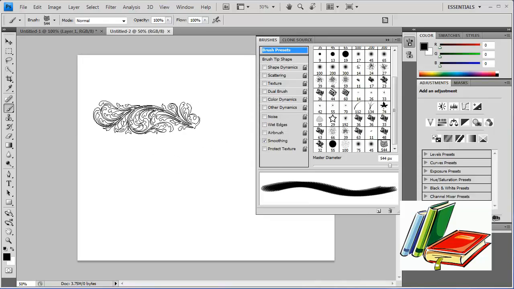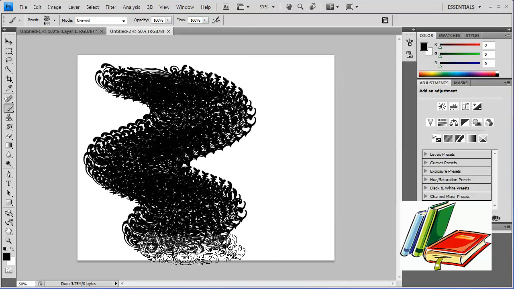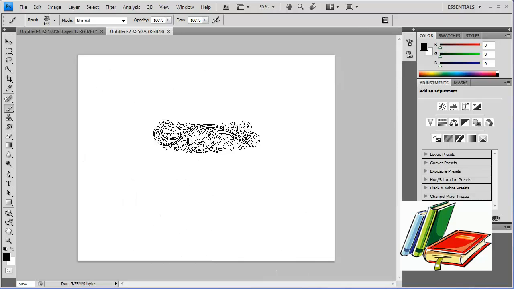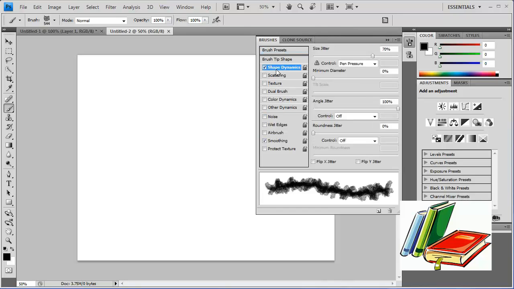Now I want to show you what happens if you just take the brush object as it is. If I just paint, you get this really ugly result, everything's the same size all the way through. Not terribly interesting or useful. So I'm going to go back. Now, what people overlook here in Photoshop is you do have a ton of options available to you. Now if I go to shape dynamics, for example, you'll notice I can change